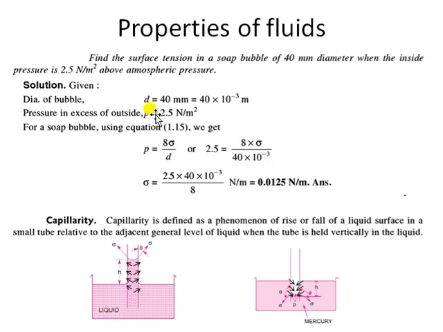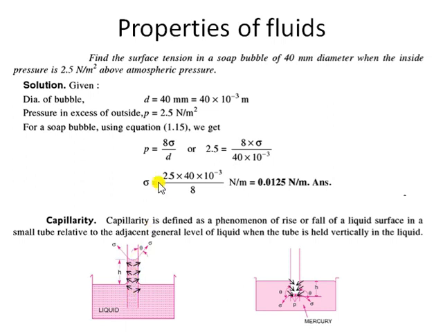Let's see one more question here. Surface tension of a soap bubble. In this case, it is a soap bubble. A soap bubble is mostly a hollow bubble. There is no liquid filled inside the soap bubble. So this would be a case of a hollow bubble. Fine. A hollow bubble of diameter 40 mm is given in this case. It's in mm, so we can convert mm into its SI unit, meters. Okay. And pressure is also given. So it's asking us to find the surface tension; pressure and diameter are given to us. So again, we will use